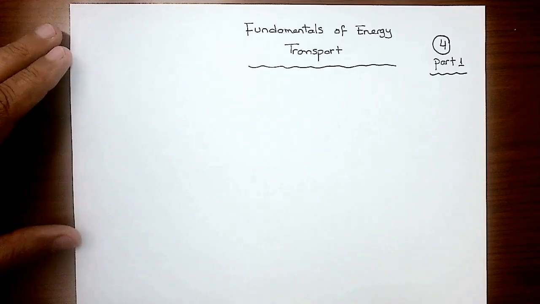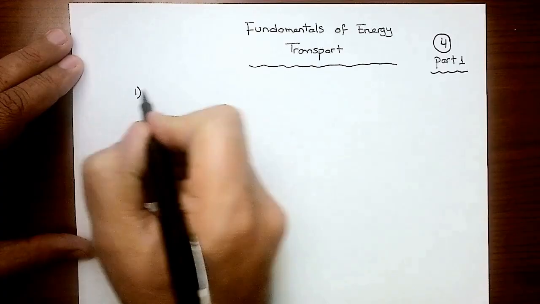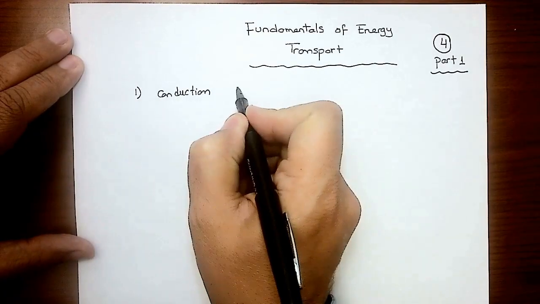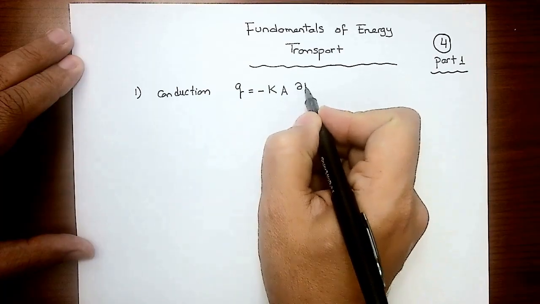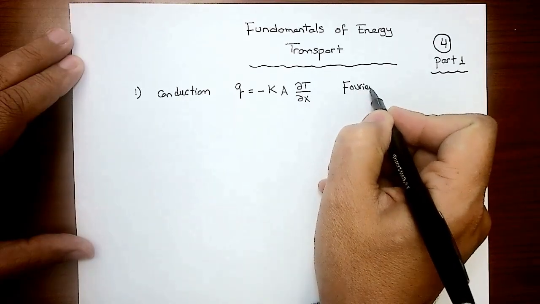So recapping what we got during set number 3 of the lectures, we were able to introduce the relationships, or the correlation, that we use for calculating the rate of heat transfer, Q, using 3 different mechanisms: conduction, convection, and radiation. So under the conduction, we introduce the equation of Q equal minus K A partial T by partial X. And this is Fourier's law,